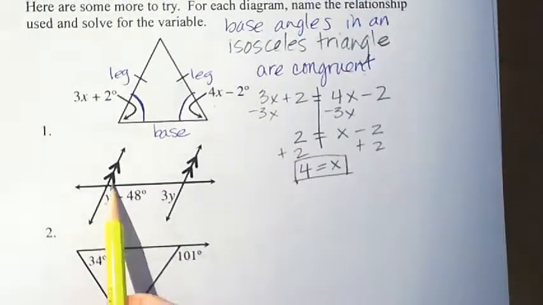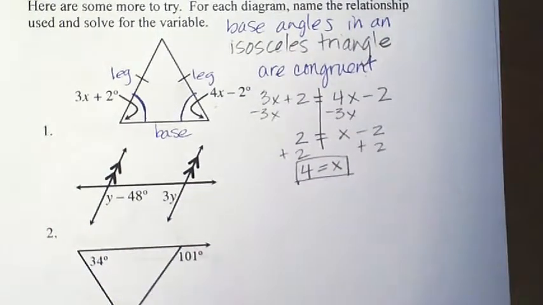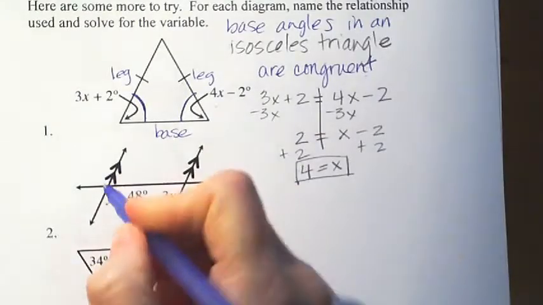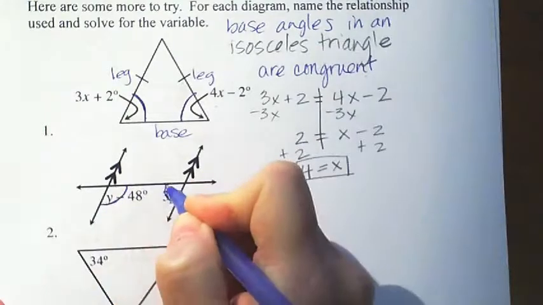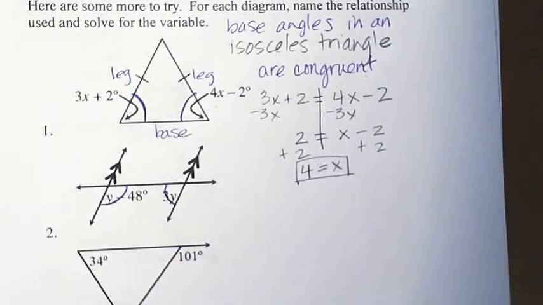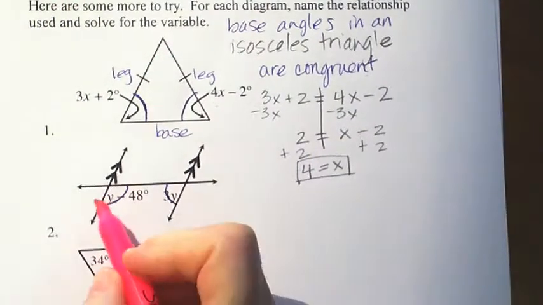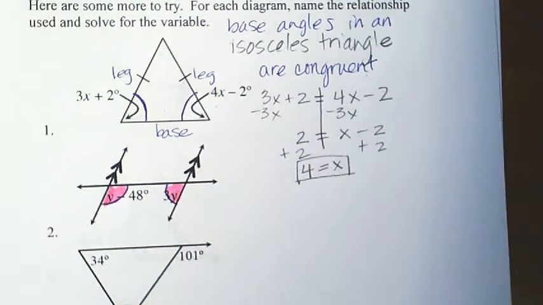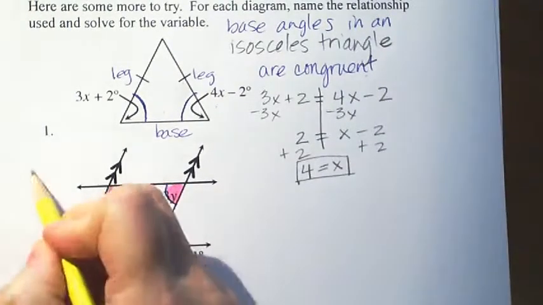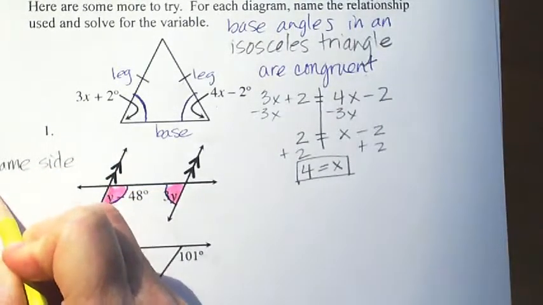Looking at number 2, there are parallel lines. We've got parallel lines cut by a transversal. So you should recognize that these angles, now some of this we will have done by the time you see it for homework. Other problems you might be wondering, what is she talking about? And we will get to it after the homework, but it doesn't really hurt to see it in advance. So these two angles are, let's write the relationship, and these are, let's write it over here, same side interior